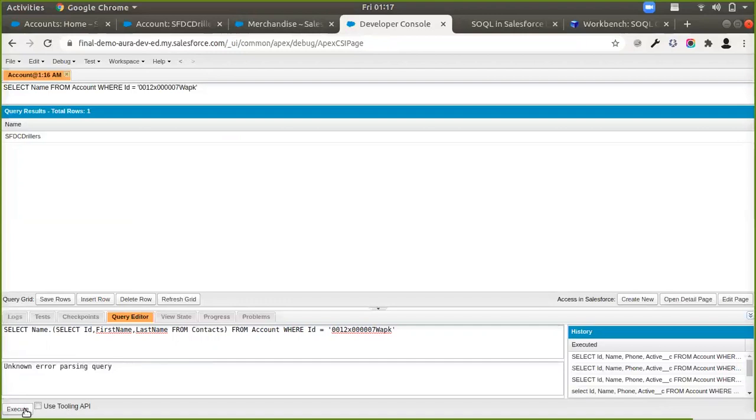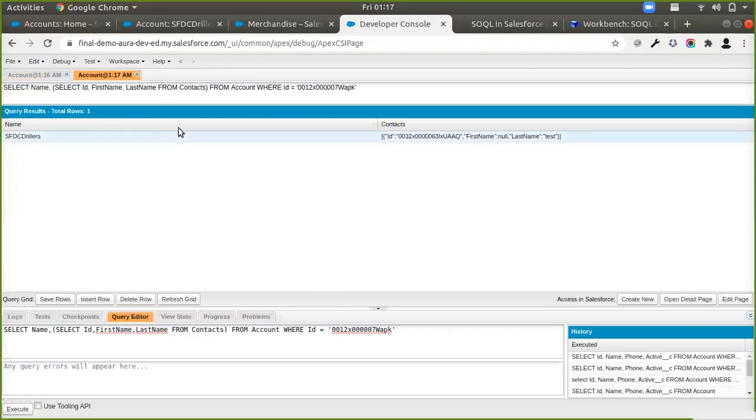Oh, I think I made a mistake. I think I used a dot here instead of the comma. Yeah, if I do this, you see I return the account and it also returns me all the contacts under the account that I just used.